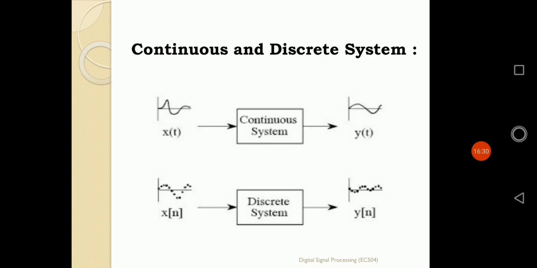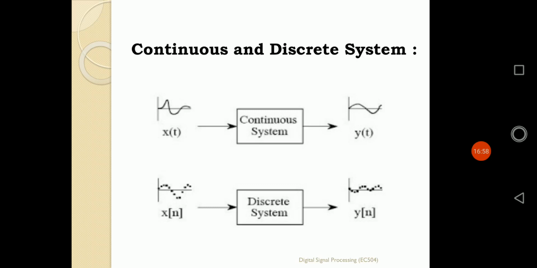Any type of amplifier, where we give the input as a speech signal or any electrical signal. If that signal is continuous time, then that processor or system is known as a continuous time system, or continuous system. A continuous processor can be defined. So whenever we define a continuous time system, the input and output both will be of continuous time type.